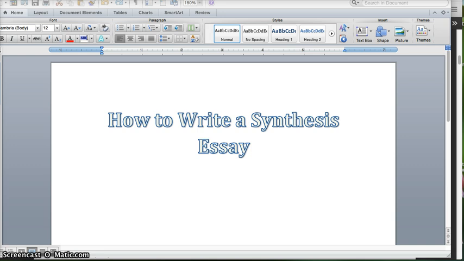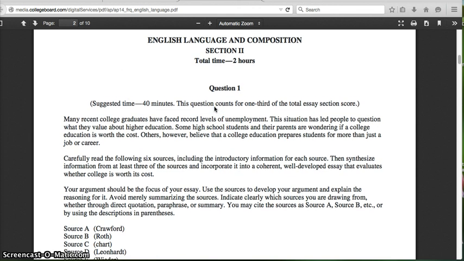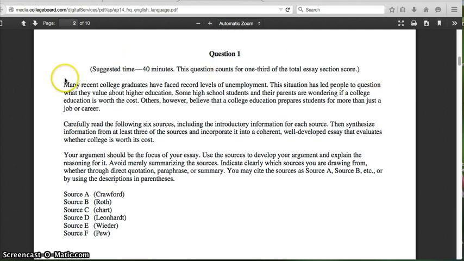On that particular essay, the test writers will give you one question that looks like this. There's a little bit of background. Then you're going to have some directions. And then it explains how you give credit to the various sources that you use. Each of them is labeled with a letter, and each has either the author's last name or the word chart, if it's a chart, or photograph, if it's a photograph. Okay, so to start with, when you write a synthesis essay, you need to read this question